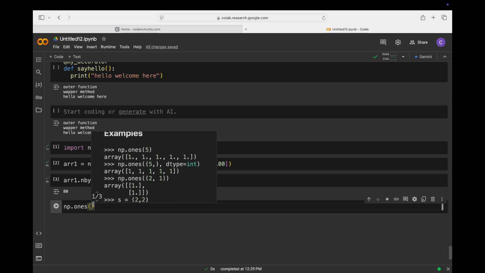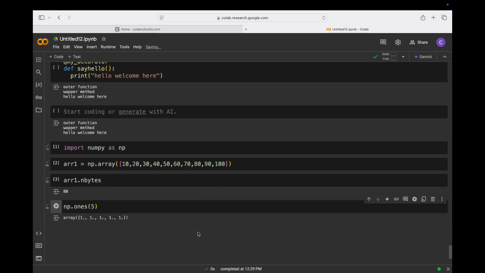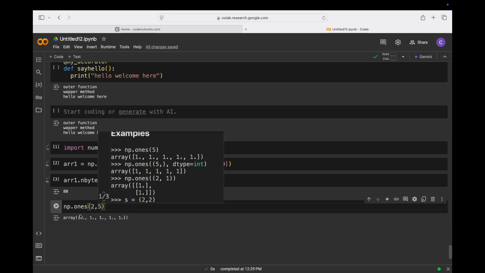If you pass only one parameter and run it, it will create an array with all ones, five times. But if you pass a second parameter, where the first parameter is 2 and the second parameter is 5,